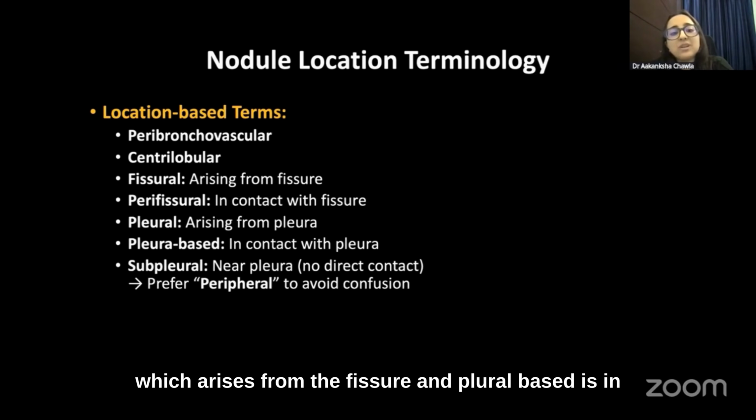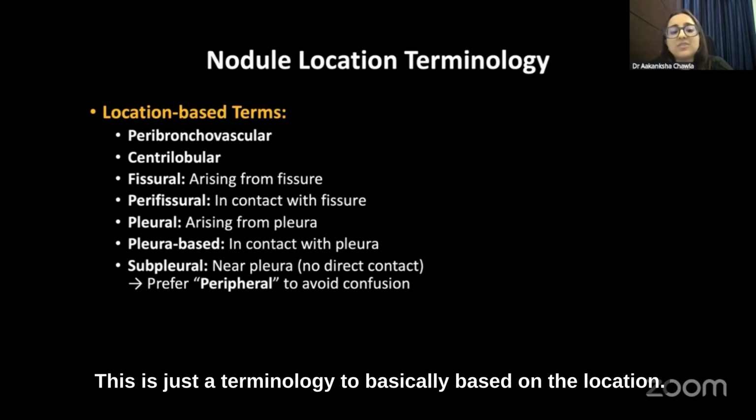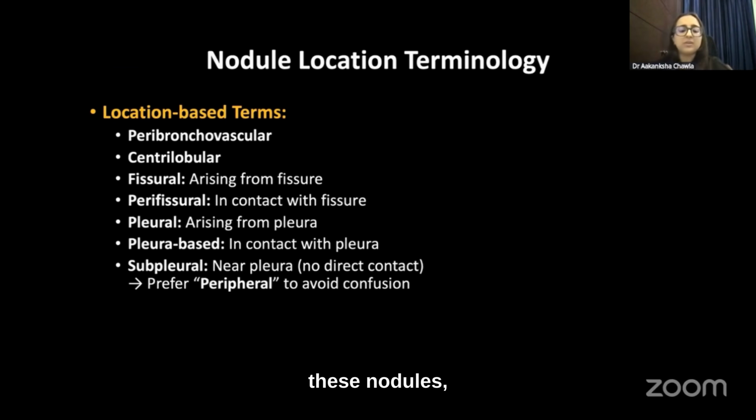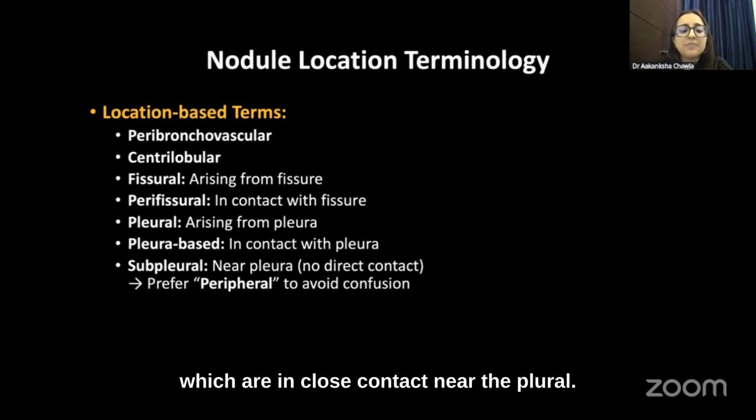Then pleural, which arises from the fissure, and pleural based is in contact with the fissure. This is just terminology based on the location. Subpleural is also another thing, but this is in no direct contact with the pleura. It's near the pleura, so you can even use the word peripheral for these nodules which are in close contact